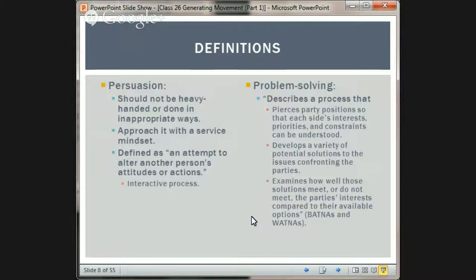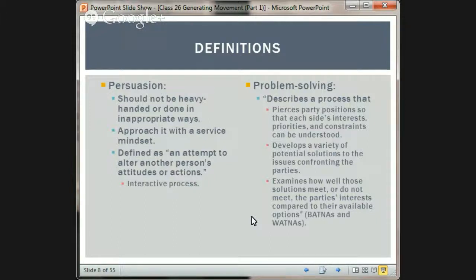So this is an effort on their part to acknowledge and respect party self-determination and to a great extent preserve mediator impartiality. They suggest that you approach it with a servant's mindset or a service mindset. And it's defined as an attempt to alter another person's attitudes or actions, and they say it's a highly interactive process. Problem solving describes a process that pierces the parties' positions so that each side's interests, priorities, and constraints can